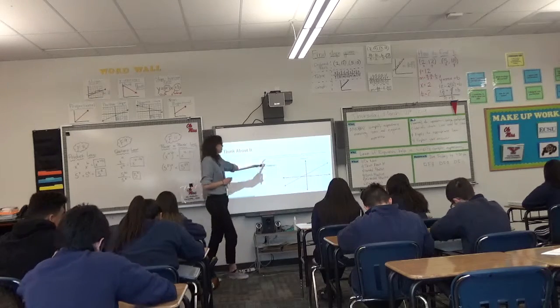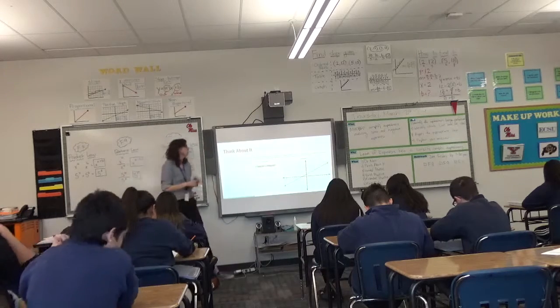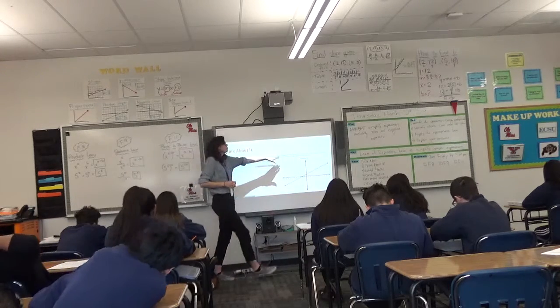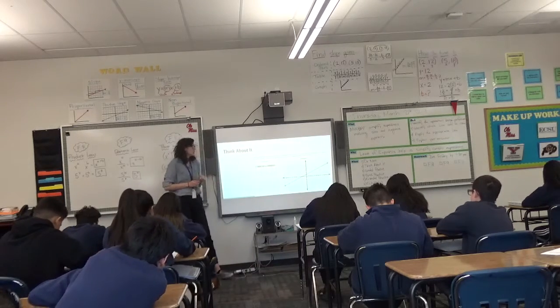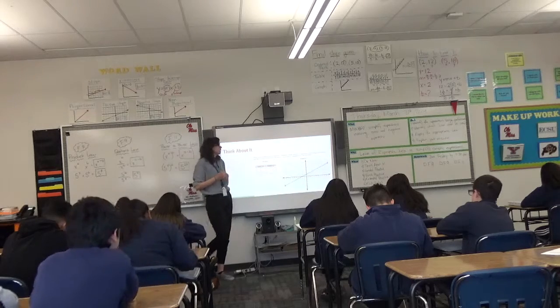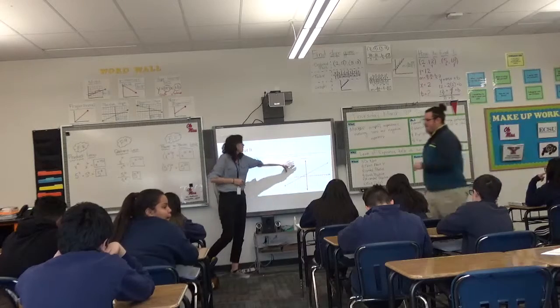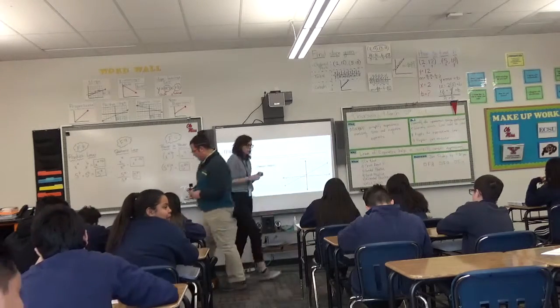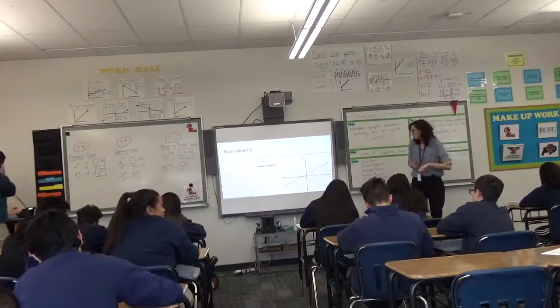So below are 2 different linear functions. Again, linear function: something changing at a constant rate between variables. Determine which function is changing the fastest using any methods that you have learned, and then you're going to move into justifying why the function you chose is changing faster than the other. So we have function 1 here, which is a table, and function 2 here, which is represented as a graph. So 5 minutes, independent work time, voice level 0. I'll come around and help you as needed. Go.